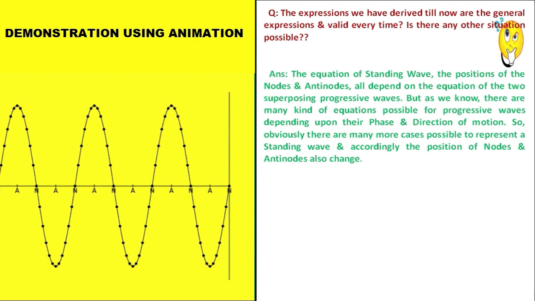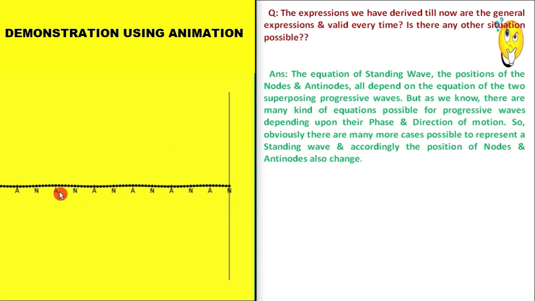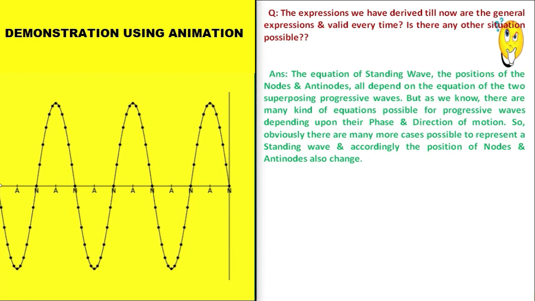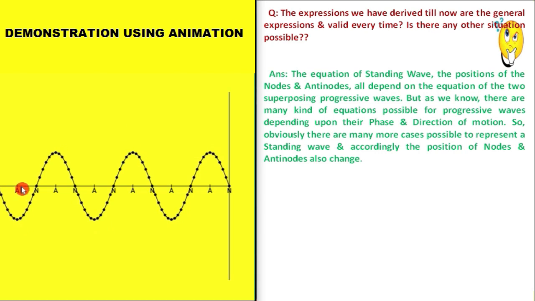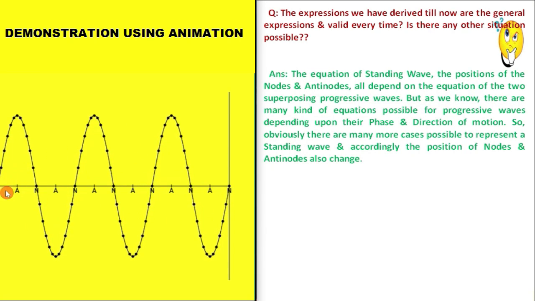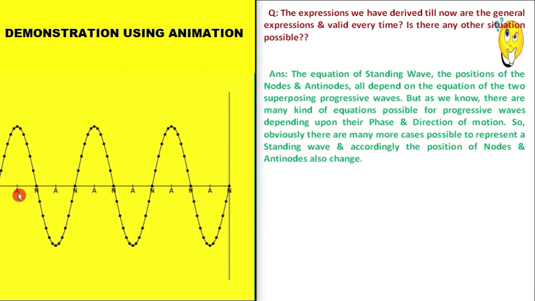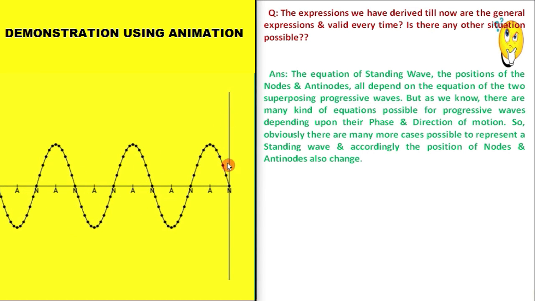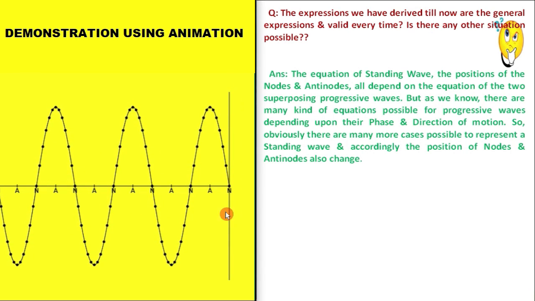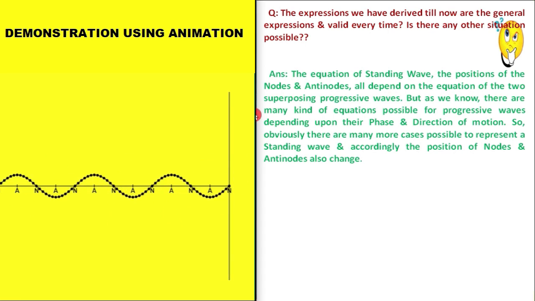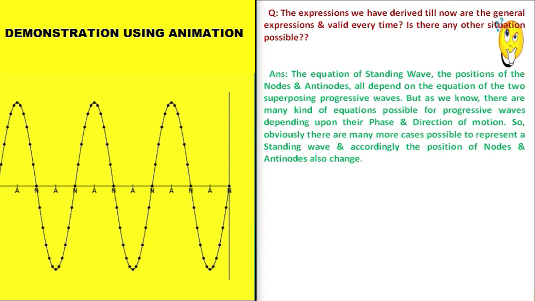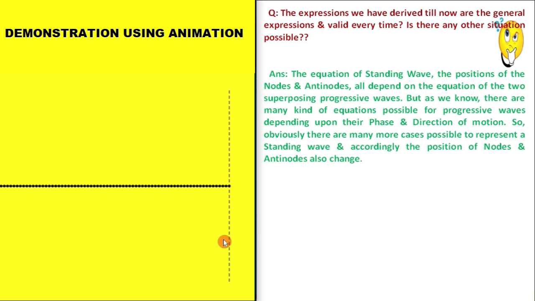Let us first verify in the animation. Just look at this diagram. What are you getting here? N, then A, then N, then A. First was N, then you are getting A. And in which case was it? When the boundary was a solid one, or a rigid boundary. Now let us reflect and find out what happens if the boundary is an open one.